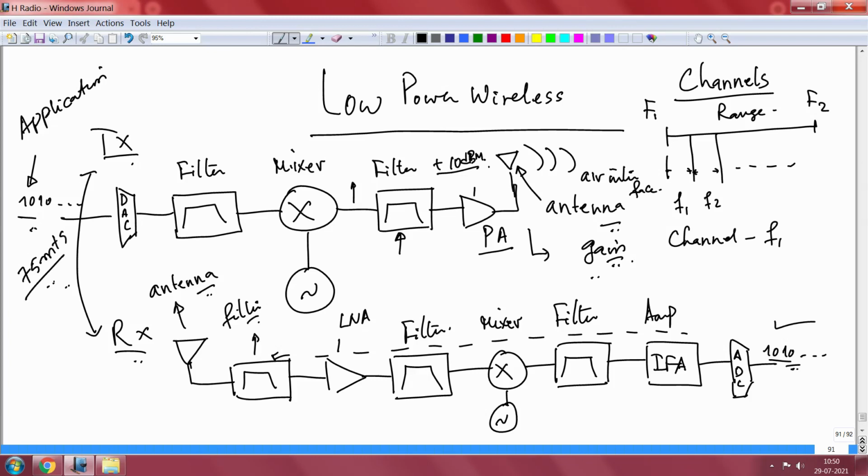I am just talking in terms of what we normally are comfortable. Between the transmitter and the receiver, the distance is only 75 meters. So the game changes the moment you change the antenna to a slightly higher gain antenna. If you buy an antenna which has a certain amount of gain, then you may be able to move it to 100 meters. You may actually say, sir, why not replace it with an even bigger antenna and make it